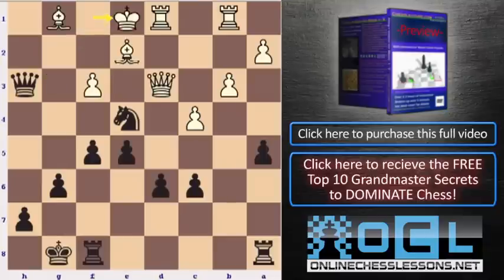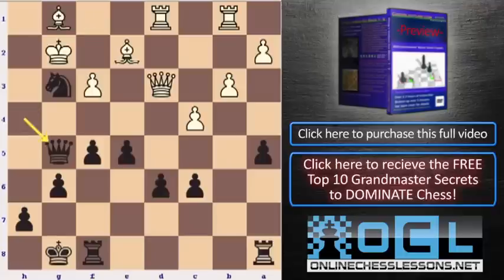And now I regroup. Queen check, queen h4, all forced. Knight check, king g2, and queen to g5. Very unpleasant position for white. Again, threatening knight takes e2, and the bishop on e2 has no good squares. So my opponent plays king to f2,